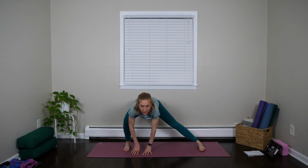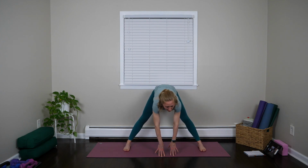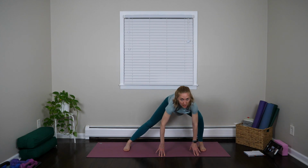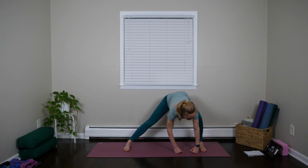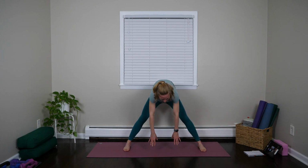On your next exhale, begin to straighten out the right leg, inch the hands back towards the center, take a deep breath in, and exhale, bending the left leg now, reaching the tailbone back again, this time feeling the stretch down the inside of the right leg. Good, straighten out the left leg, exhaling, walk the hands back to the center,